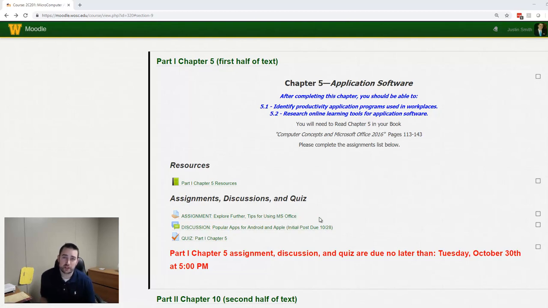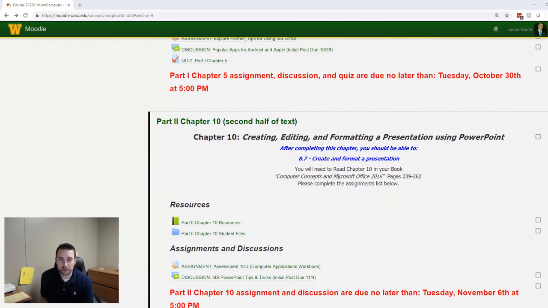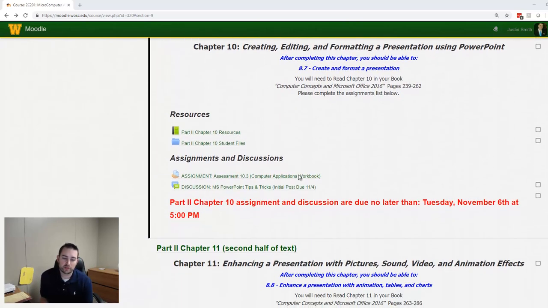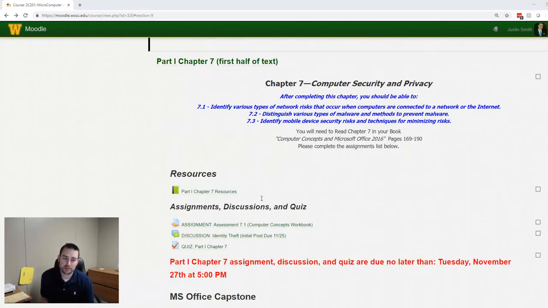For the assignment, you're going to be going into Microsoft Support and finding out how to use Microsoft PowerPoint. If you read the assignment in the book, it probably says to make a document over any of them, but when you click on the assignment, it's going to give you more specific instructions. So make sure to click on that assignment, because we do want to do it over PowerPoint. The reason is that after Chapter 5, we're going into the PowerPoint chapter, which will be the last two Office chapters that we'll cover, and then we'll be into a couple more concepts chapters, and then we'll be done.